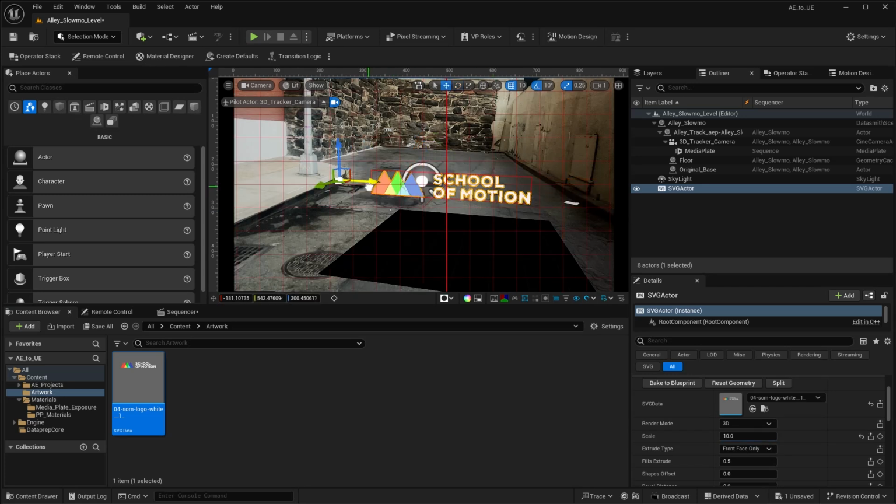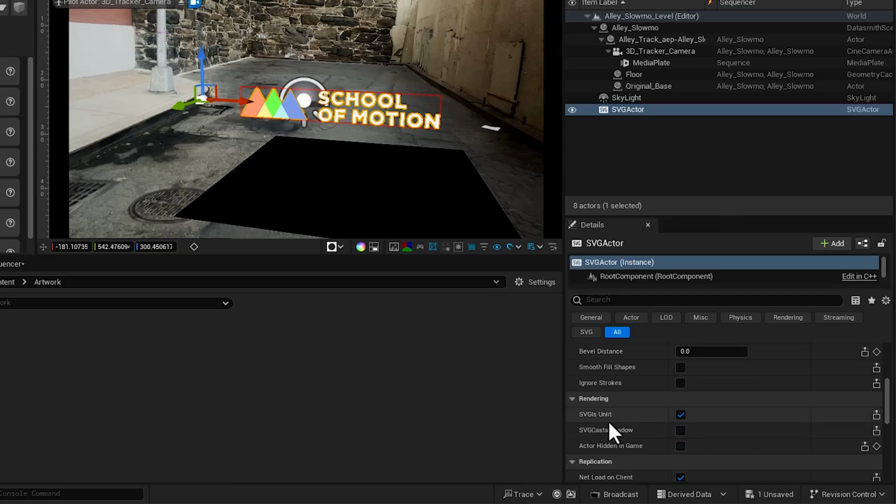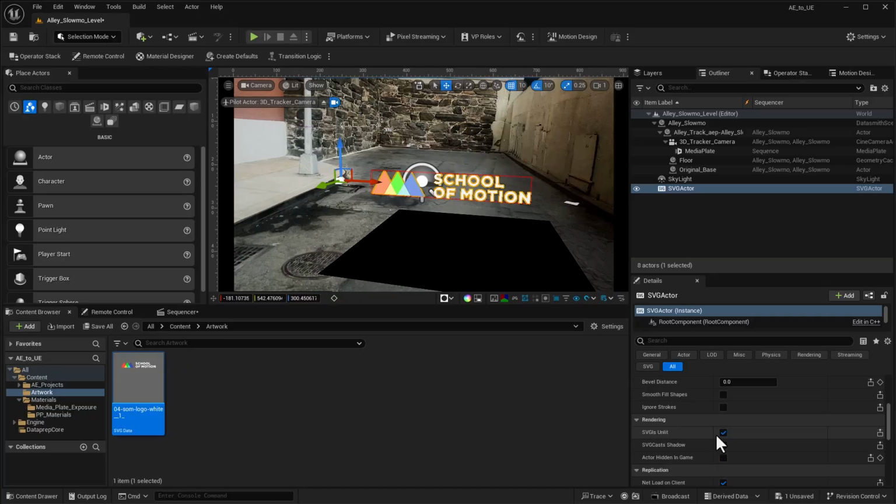Now, it doesn't appear to be affected by any of the lighting. And that's because if I come down a little further, you'll see that it's set to SVG is unlit. So if I uncheck this, now it's being affected by the lighting. And it's darker than I want it to be, and there's a couple of reasons. One is the angle of the light, maybe, but also if we come back to our skylight,